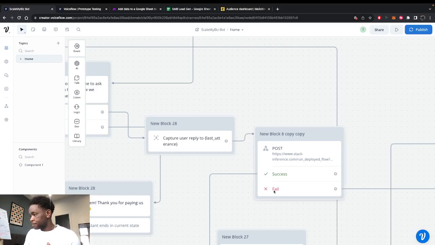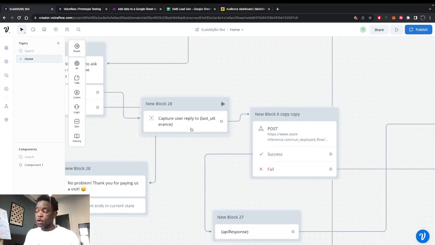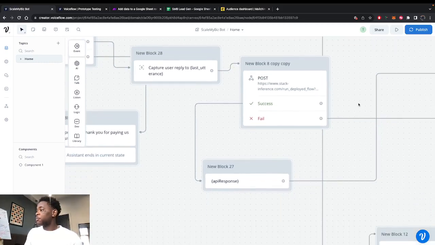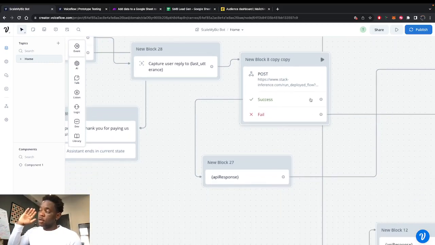And then from here, it allows that last utterance, the last question they asked, to be pushed through the API call, and it's structured slightly differently. I'm not going to open it because it will expose my API key, but